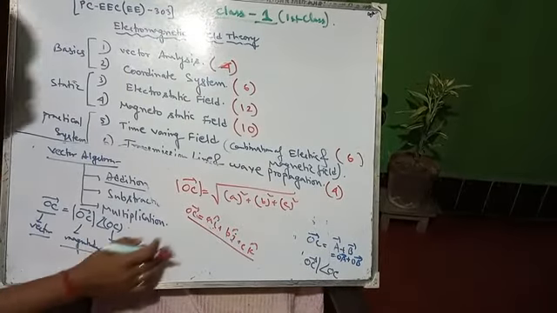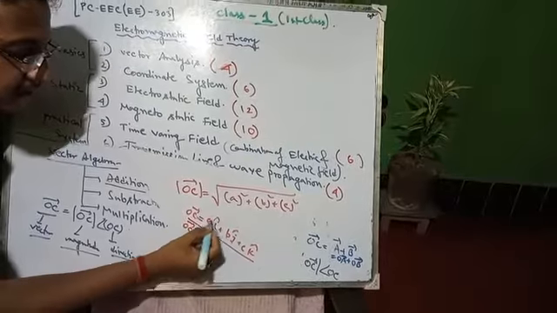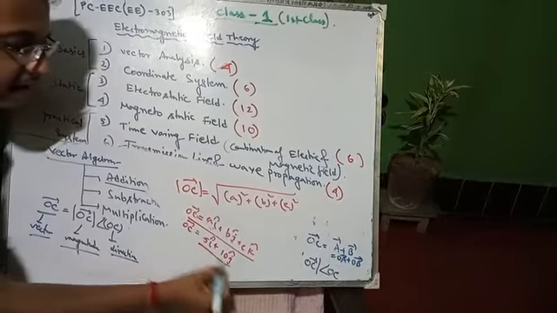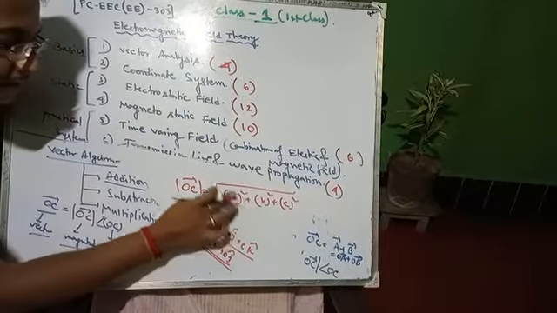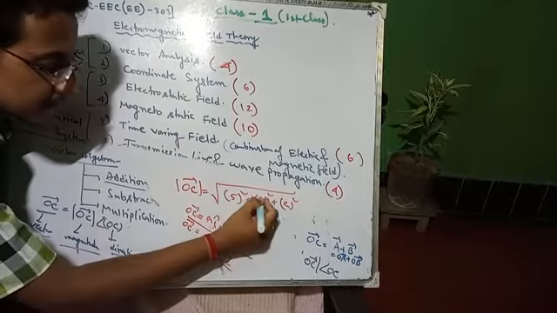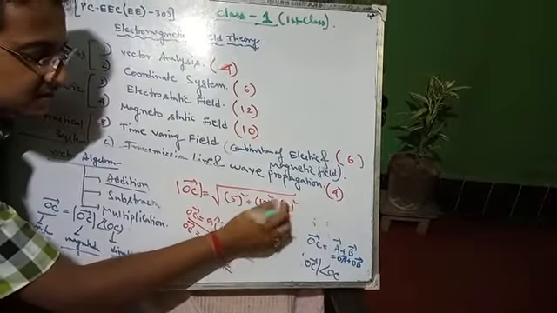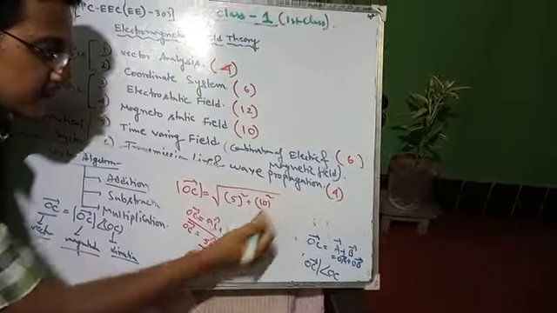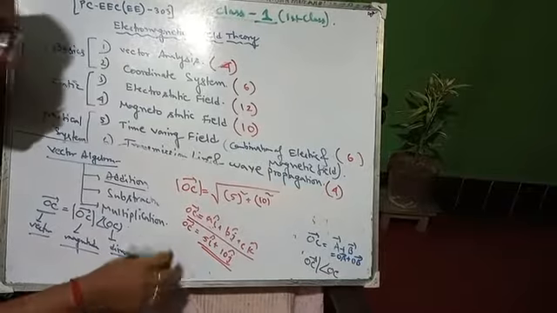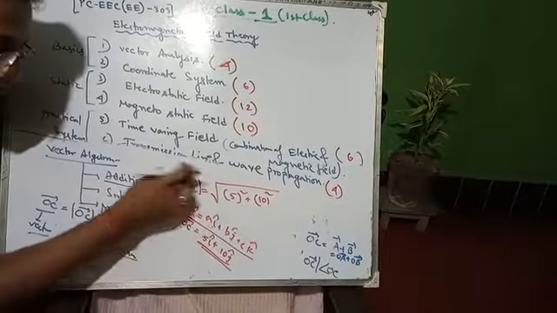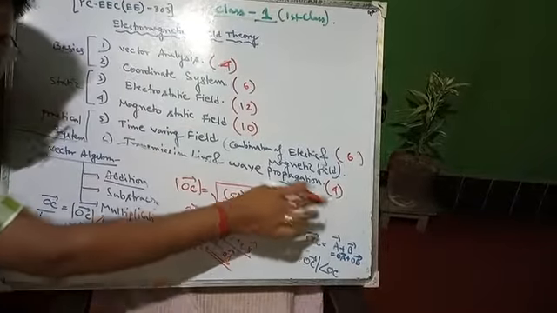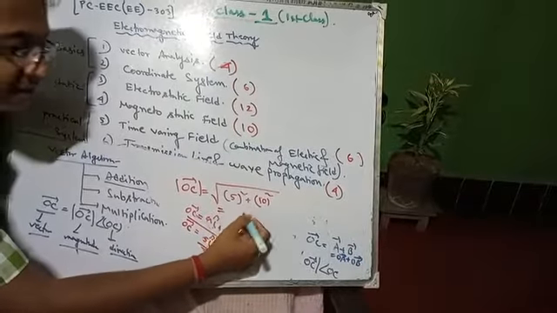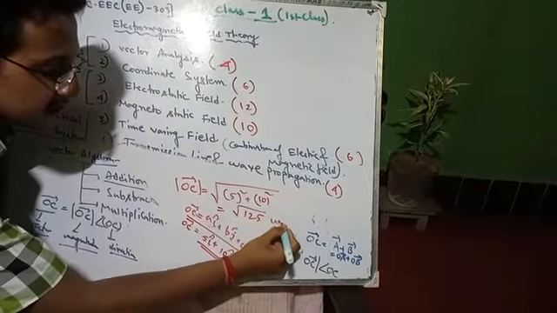But for this case, what is the OC vector? A means 5 i cap and B means 10 j cap. You have to add these two, right? So A is 5, B is 10 and C is 0, and just ignore it. So root over 5 square plus 10 square. If we consider some k cap here, then we add another something square, that is C square, it may be 10, 15, whatever the integer. So 5 square is 25, 100, so 125, root over 125 unit.